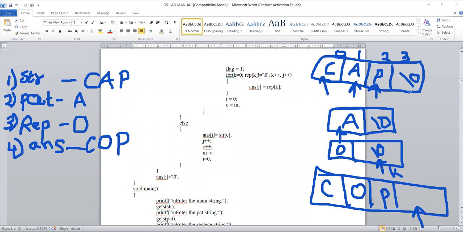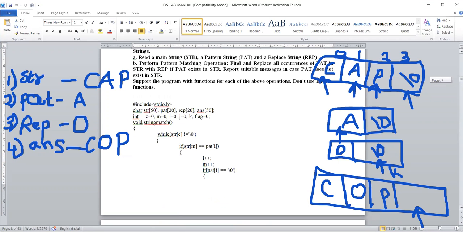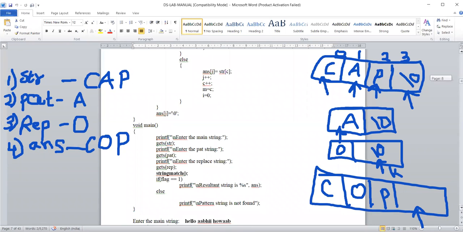Increment your c. c is also moving to the 3rd position, and copy that c in your m and repeat the process. But this time when the while loop executes, while string of c is not equal to null, this time it is equal to null. That is, we are coming to the end of the string.